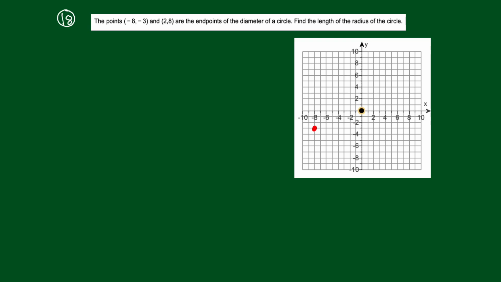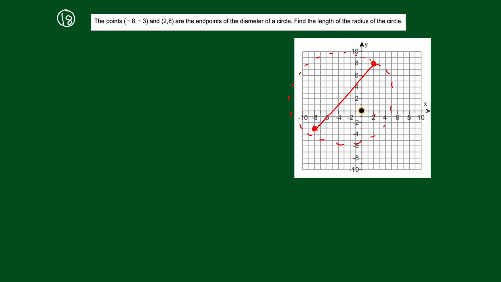And then this point here, (2, 8), I'm going to go to the right 2, up 8. So to the right 2, up 8 is going to put me here. All right, and then what it says is these are the endpoints of the diameter of a circle. So here's the diameter of the circle. You could try to draw some